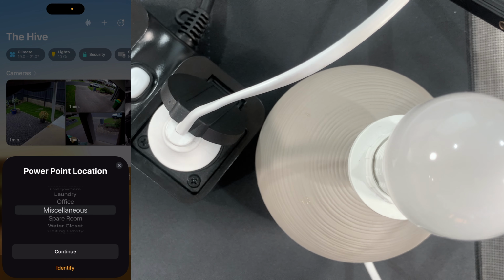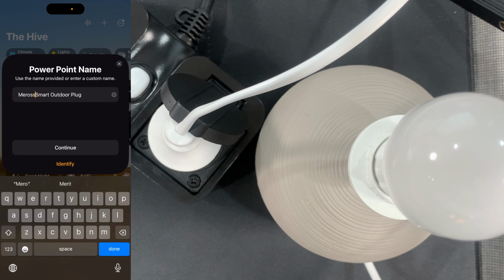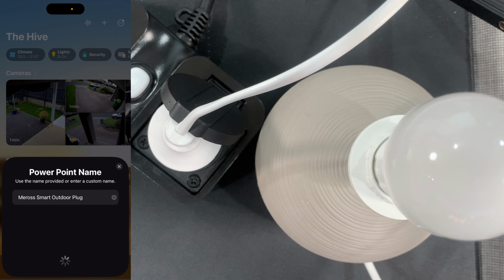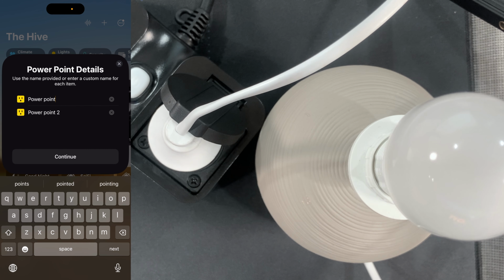Okay, and we're being asked for the PowerPoint location. For now, I'll put that in backyard. I'll tap continue, and it's just got smart outdoor plug. I'm gonna make that Meross smart outdoor plug. I'll tap continue, and we've got PowerPoint 1 and PowerPoint 2. So that's actually really cool because it indicates now that each port is individually switchable, which I'm really, really interested